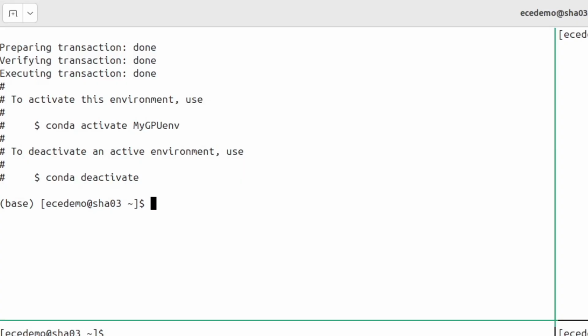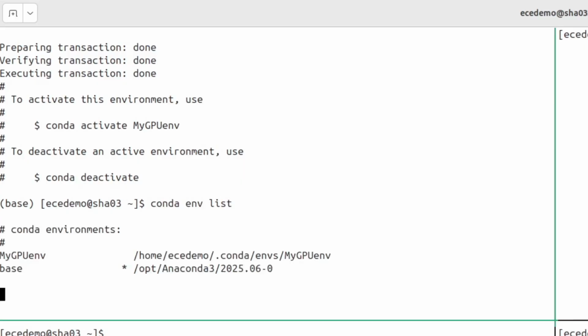As you can see, it has some commands in there on how you get into your virtual environment. First thing we're going to do, though, is type conda env list. And now you see that there's two virtual environments. And you notice there's an asterisk next to one of those virtual environments, and that just happens to mean that that's the virtual environment that is currently active on this bash session. So what we're going to do now is type conda activate